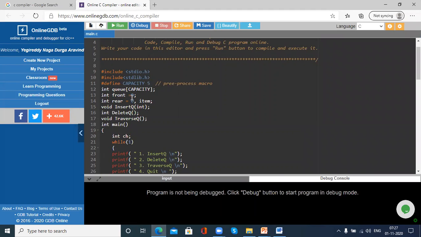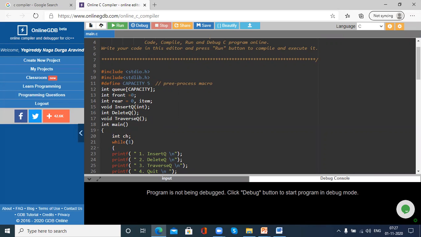Initially the front value and rear value are initialized to 0. We are using the variable item, so item I have defined. And these are the prototypes: void insert queue function, int delete queue function, void traverse function. These are the prototypes we need to define before the main function.